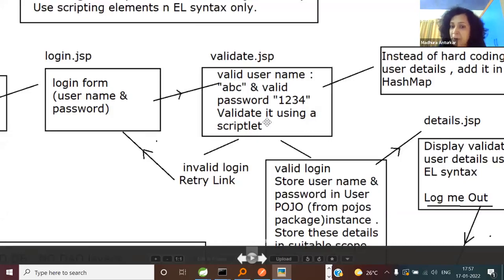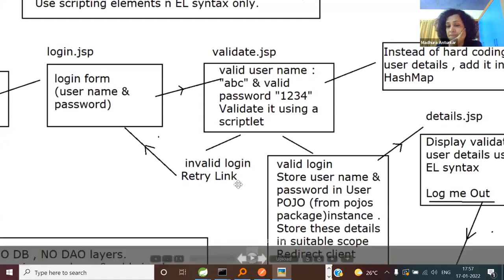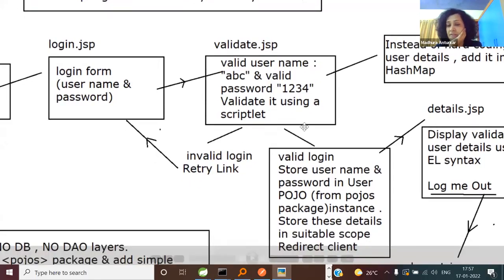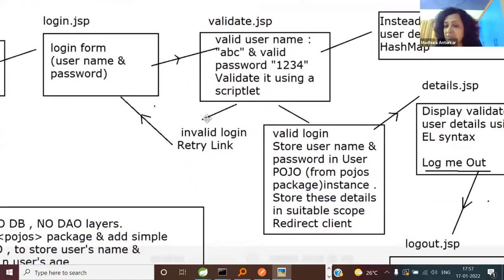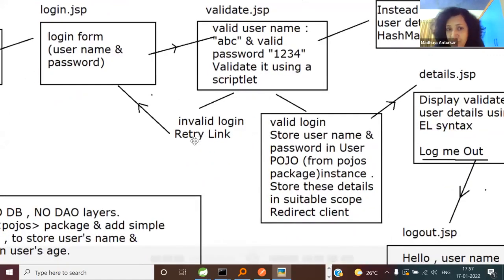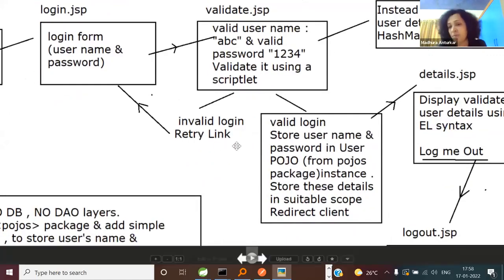If the username and a password both matches, what does it mean? Valid login or invalid login? Of course, valid login. Otherwise, in the invalid branch, if else, give me a retry link. Now adding a link, you don't have to pass it through that out.write and all. This is your HTML markup. So simply write it and get the client back to the login form.